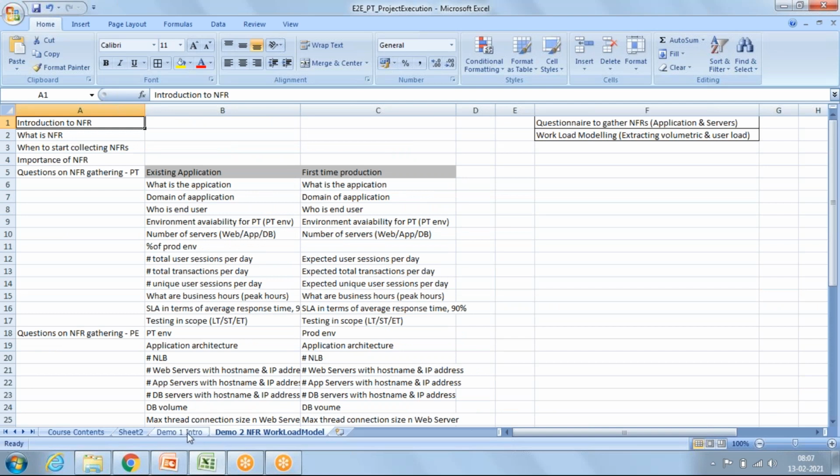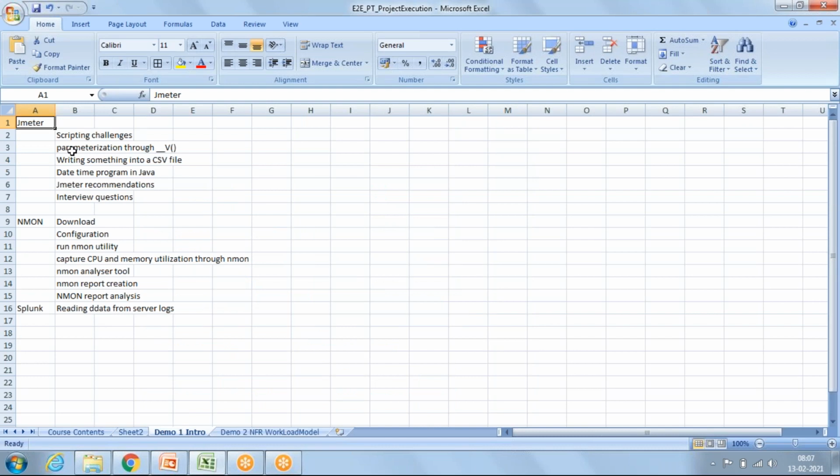So let me tell you about these tools. We will not go into the deep details of any of the tools, but for JMeter, we will see all the scripting challenges that we already discussed in the last session.